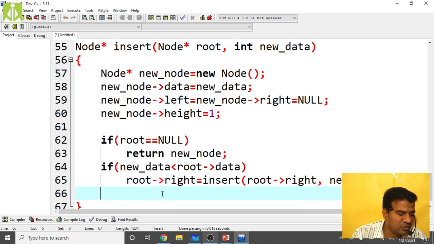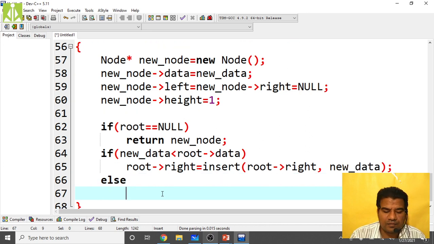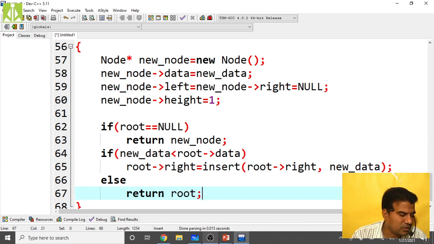Else what we have to do? Else return root only. That's it.